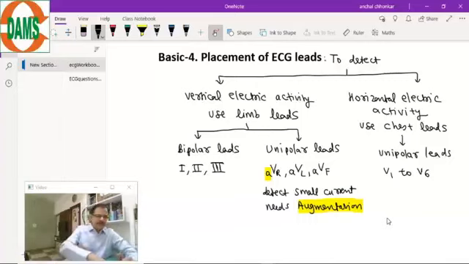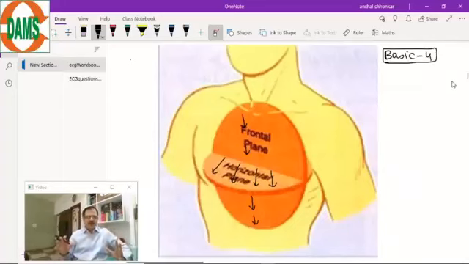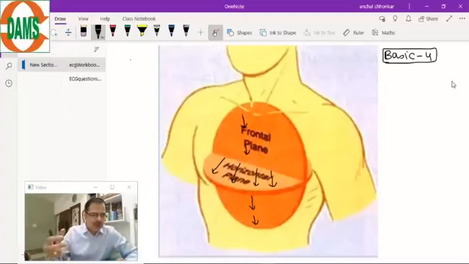All right, this is the three dimensions of our heart. Heart electrical activity is moving superior to inferior, from the SA node downward. Just visualize, no need to write this diagram. The electrical activity moves from the SA node to the apex of the heart. This direction is known as the frontal plane or vertical plane.